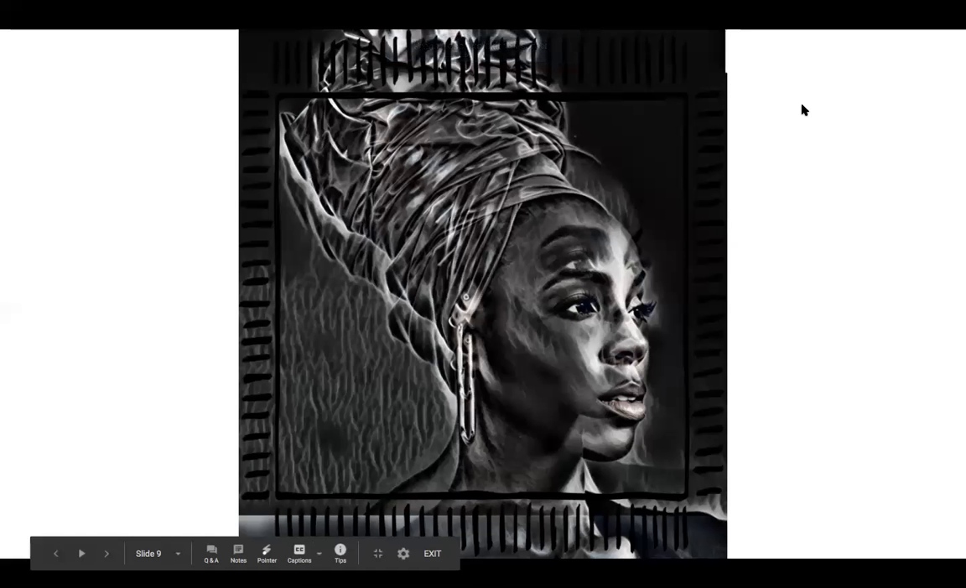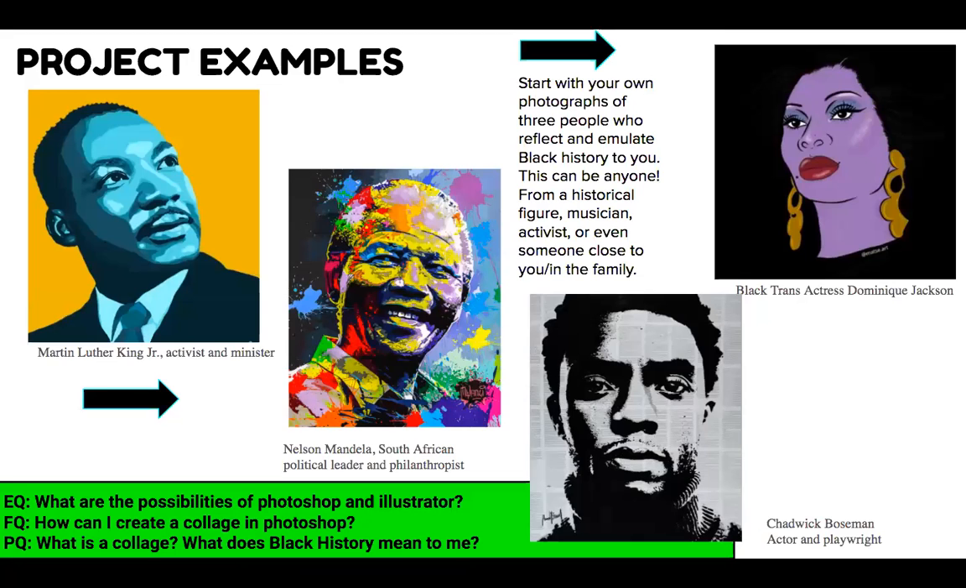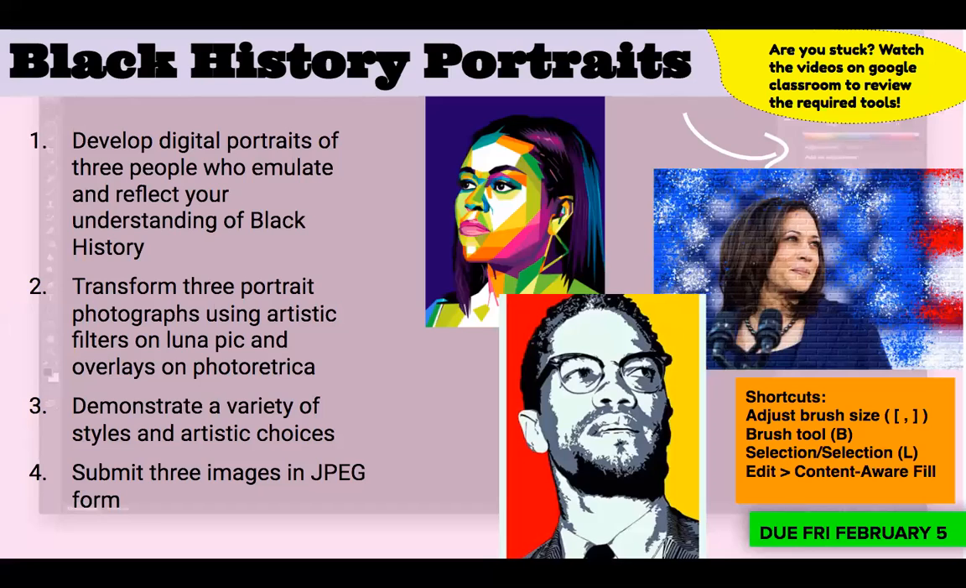So you're going to do 3 different portraits. These are just some examples of what different people have done, starting with your photographs and then adjusting, adding artistic effects. So what you're going to do is pick 3 different people. You could also do 1 person and just do 3 different pictures, but just 3 photos, 3 portraits total. And transform these portrait photographs using LunaPic and Photoretrica, and you can apply multiple layers,